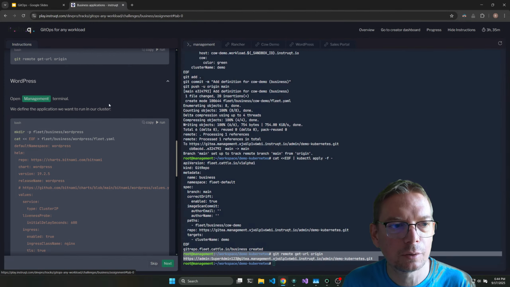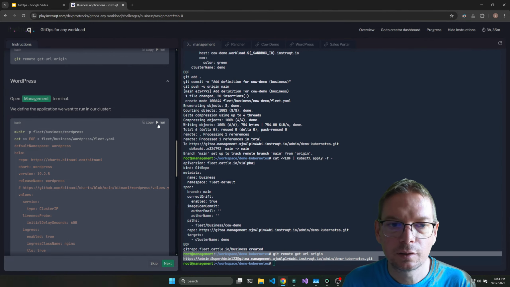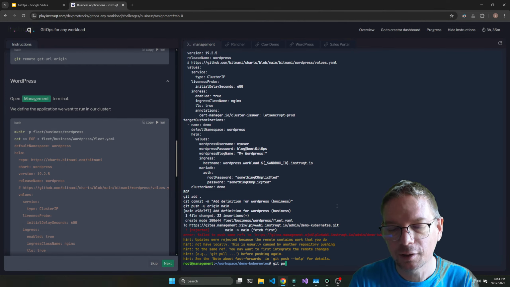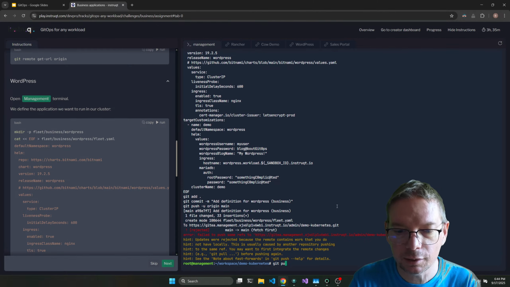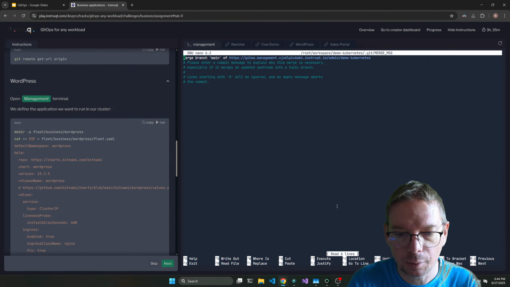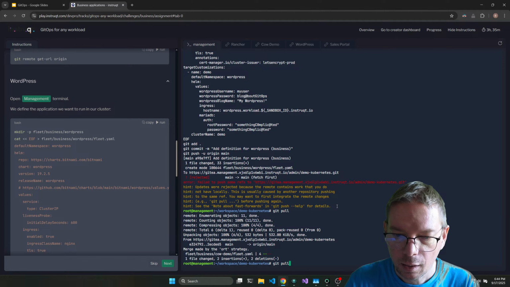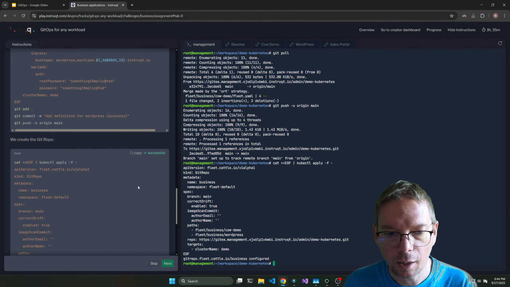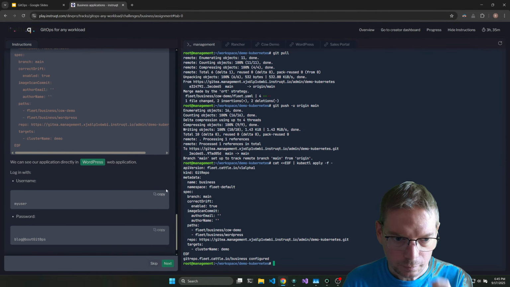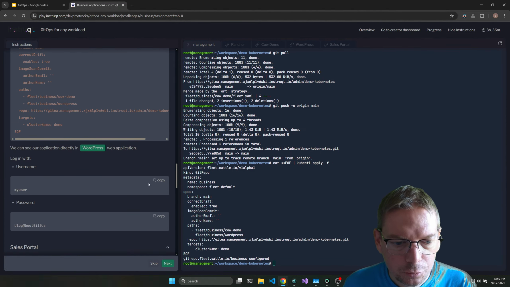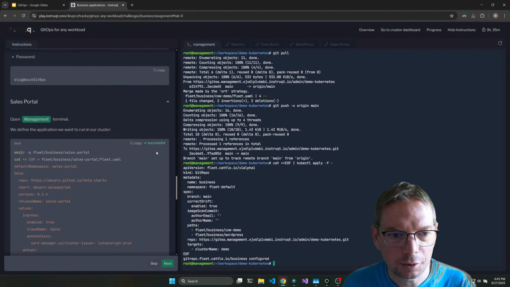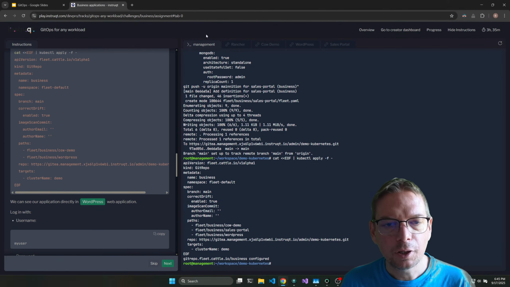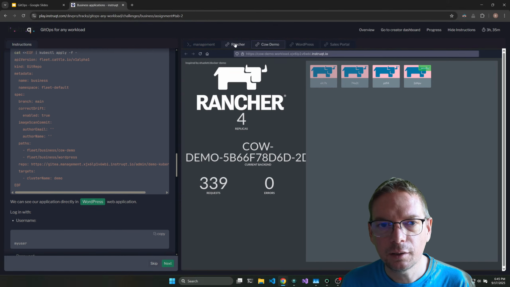The second one was WordPress. It's great because thanks to Git, I'm not going to override what I did. It detected there was a change, so I'm doing a Git pull. I'm making my code change. I'm installing my application, and I'm doing things in advance because I was a little slow in the way I talked. So here, what I did is I defined